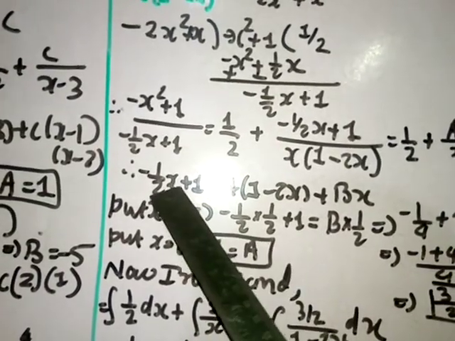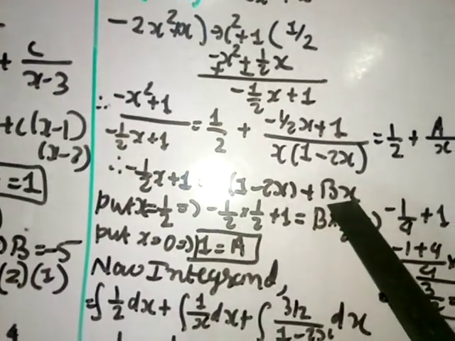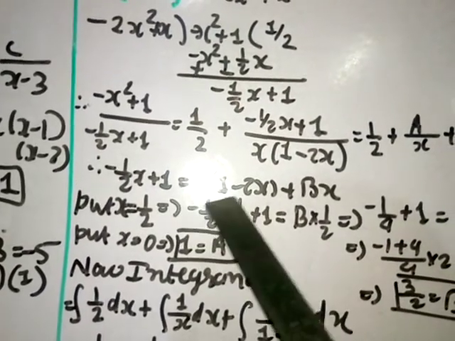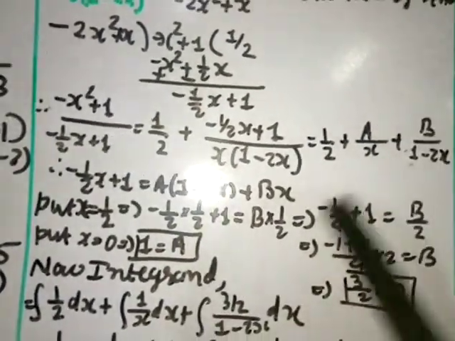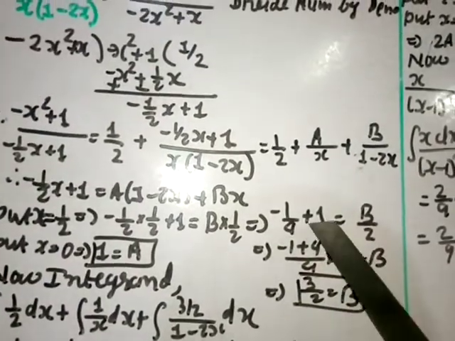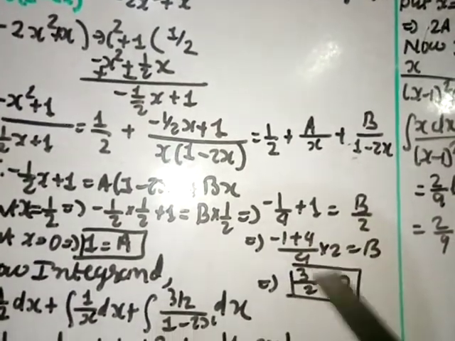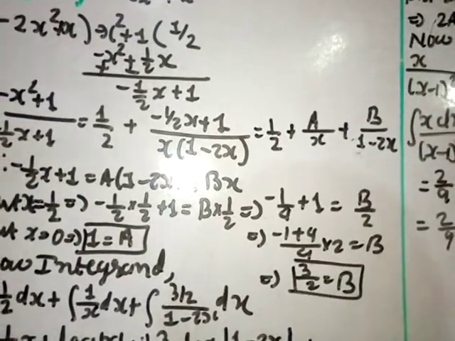Okay, so I put 1 by 2 here also, 1 by 2 this cross, here 1 by 2. So this will become 0. Here b by 2 and here minus 1 divided by 4 plus 1. Here I have written. Okay, then take LCM, you get here 3 by 4. 2 you transfer, cut by 2, so you get b value as 3 by 2.